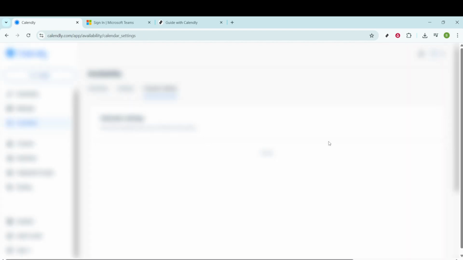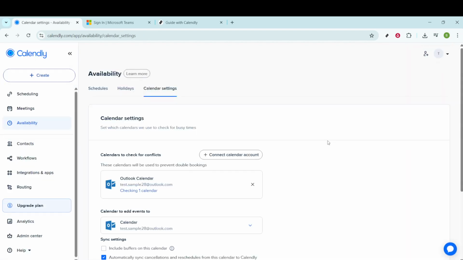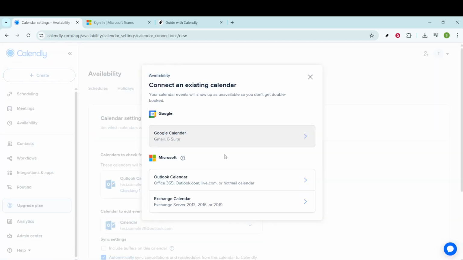Once you find Google Calendar in the list, go ahead and click on it. You'll be directed to a page with further options. Here, you'll see the option to Connect Calendar Account. By selecting this, you initiate the process that will link your Google Calendar with Calendly. This connectivity ensures that any meeting you schedule in Calendly will be directly added to your Google Calendar, preventing double